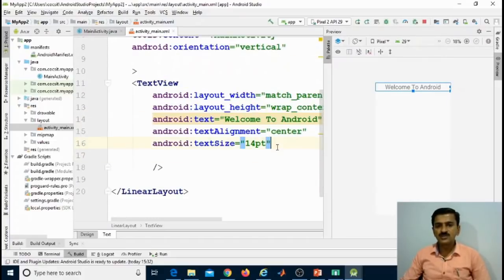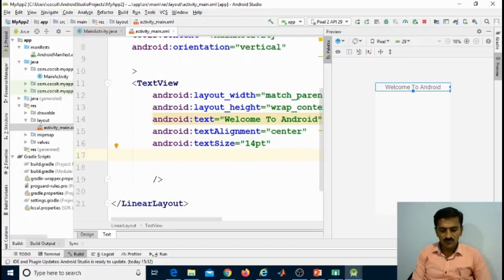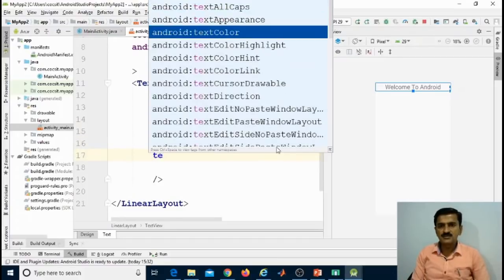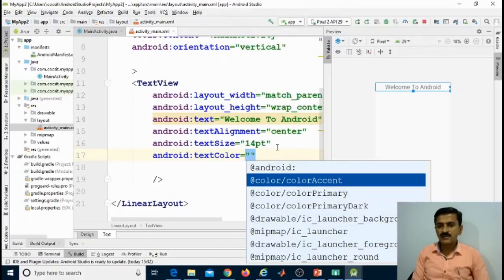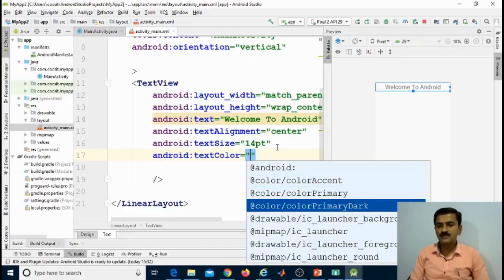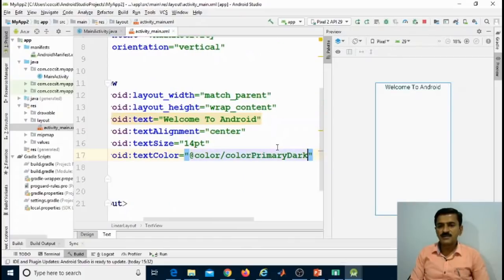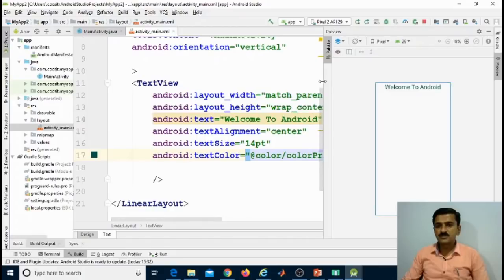If you want to change the color of this text, you can simply use the text color attribute and then you can choose a defined color or you can define a new color. If you want to define a new color, you have to move towards the values and then you have to define the color. I am selecting here the color which is already defined there. Color primary dark. The color is automatically added to this text view.